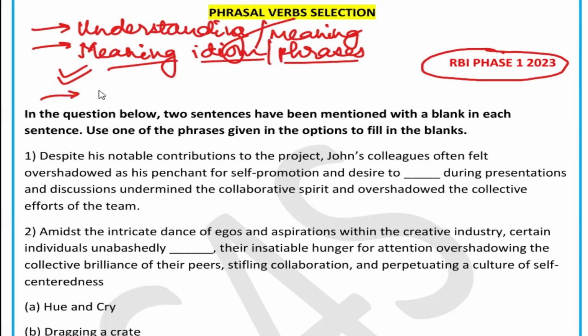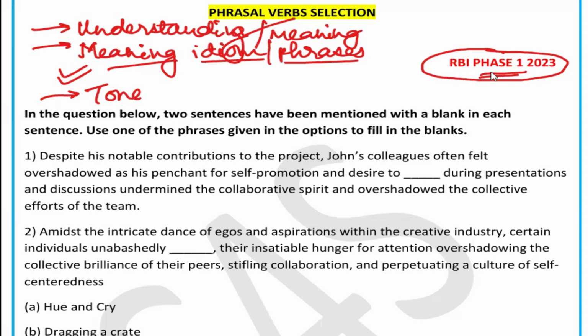Next thing which is important is that you should also understand the tone of the sentence, what the tone demands of that particular sentence, so that accordingly you can select your correct phrase and fit it into the blanks. So let's quickly get an insight into what the questions asked during this